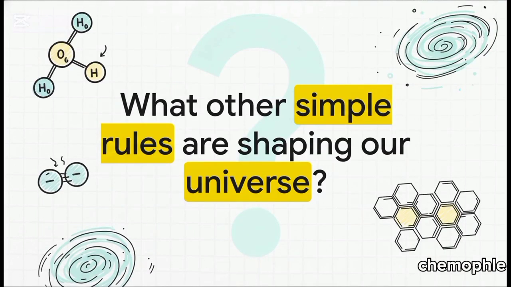So you see, the bent shape of water is no accident. It's the direct result of two powerful lone pairs pushing everything else around. And that simple bend is what makes water a polar molecule, the universal solvent, the very foundation of life as we know it. It just brilliantly illustrates this profound idea that complex structures all around us are often governed by very simple, elegant underlying rules. It really makes you wonder, what other simple rules are hiding in plain sight, quietly shaping the entire